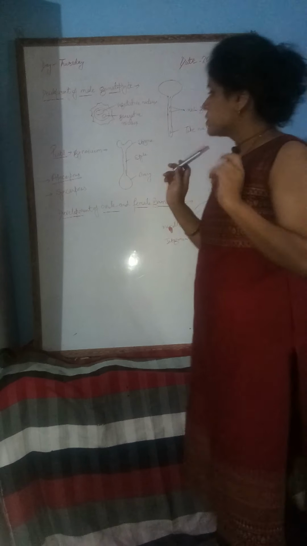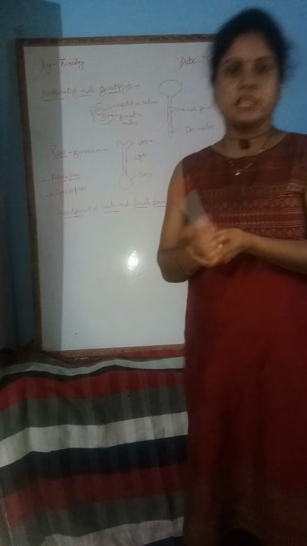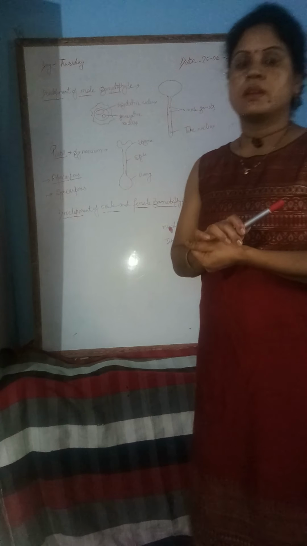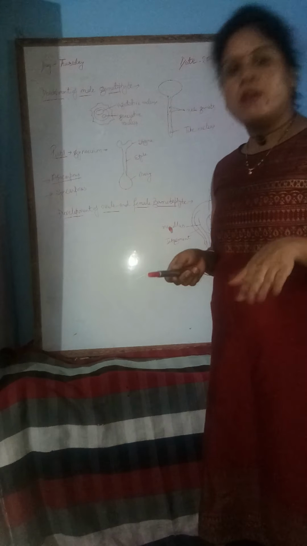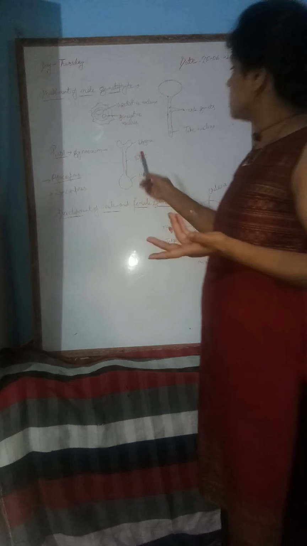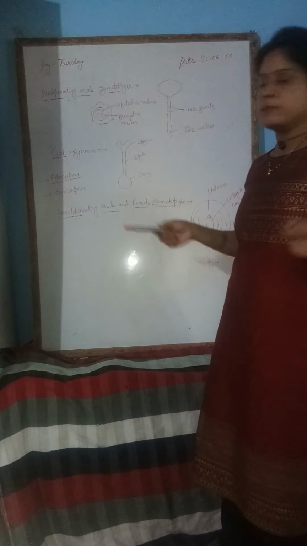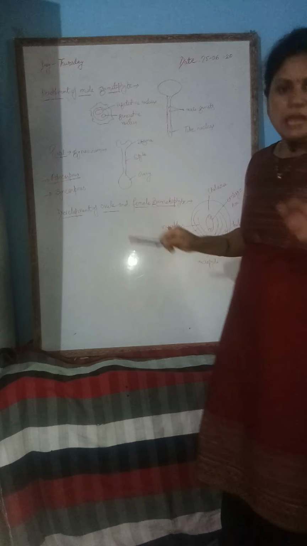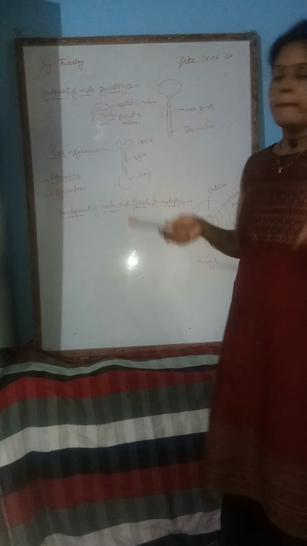So the female part or female reproductive organ is called the pistil, also called carpel. So here is a diagram of a pistil. A pistil has 3 parts. The upper part is called stigma, then the stalk is called style, and the last swollen part is called ovary. This is also called carpel.